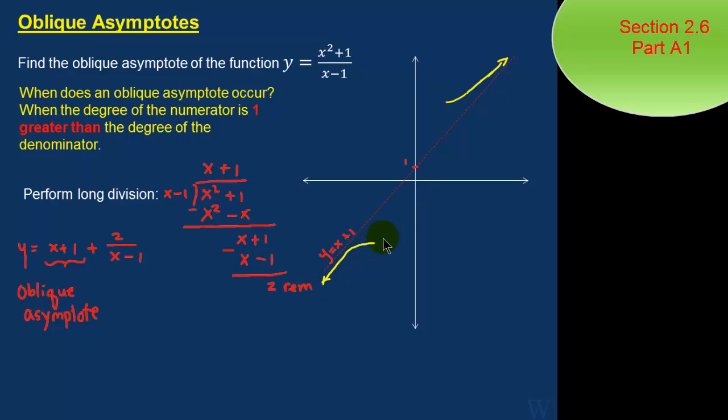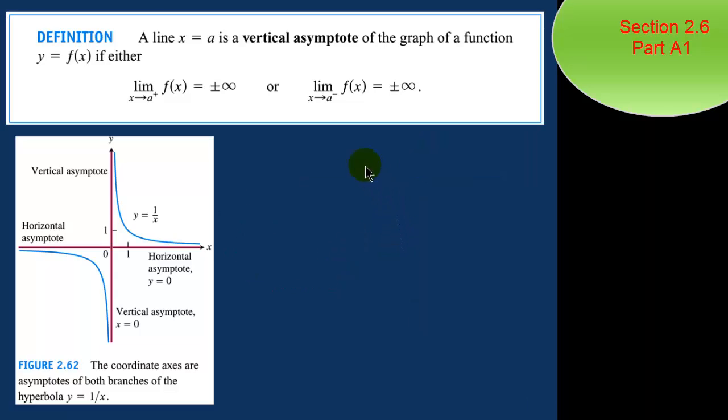Okay. Now how did I know to graph it here and to graph it there? Well, there'll be a reason when we complete the graph, and that's, in order to do that, we'll have to find the vertical asymptote, if any. Okay. Definition. A line x equal to a is a vertical asymptote of the graph of a function y equal